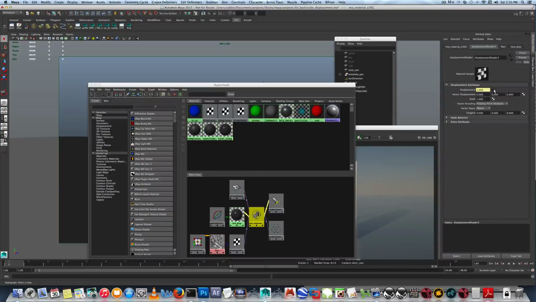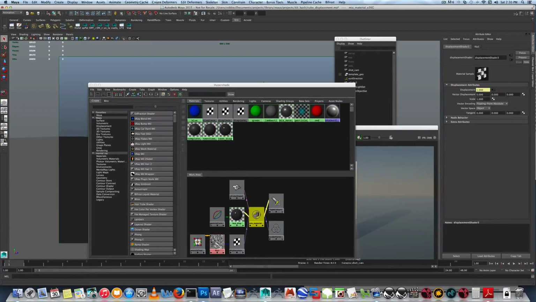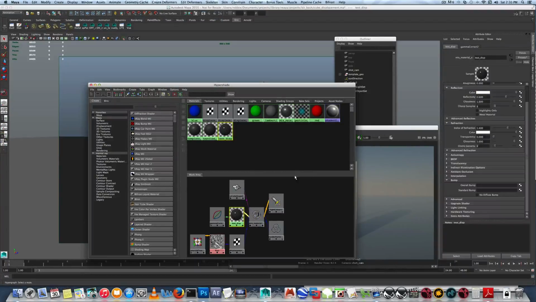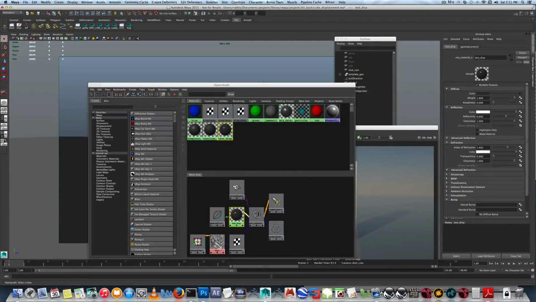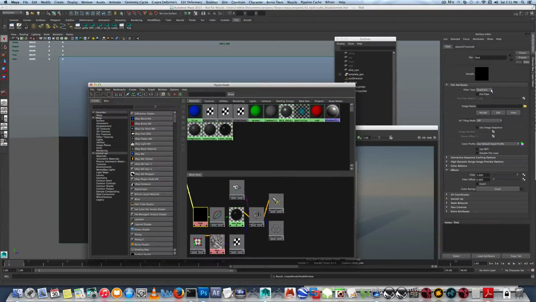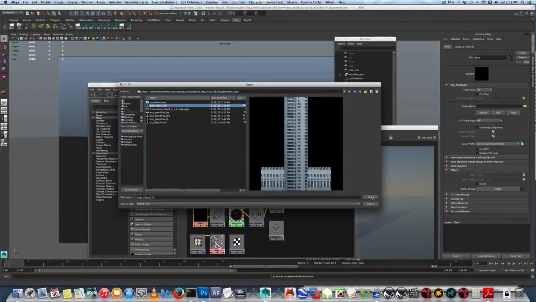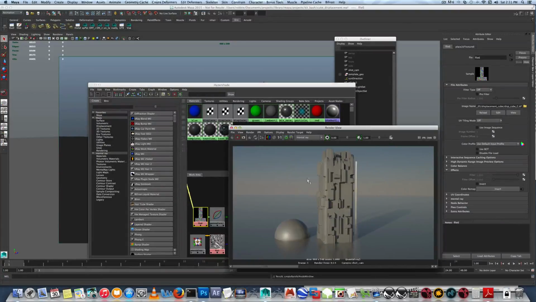Here we'll place a displacement, go in, and then you just plug in the black and white image that you've made, and then you dial in the displacement in the scale. And that's really it. And then after that, if we click back here, you could actually hook up a file, a color node, let's say like this that I put together. And now if we render,